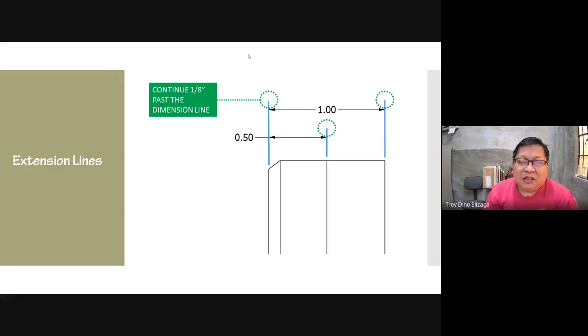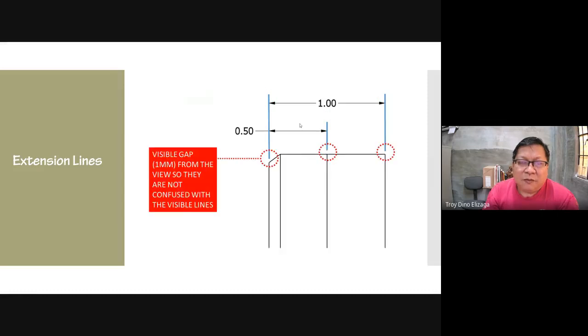And it's important that this is followed and you are consistent, because when you're not consistent, some lines go beyond, so it makes the drawing very dirty. Even if it is actually drawn properly, but the extension lines do not follow this rule. And also, there should be a gap between the drawing and the extension line. Okay.